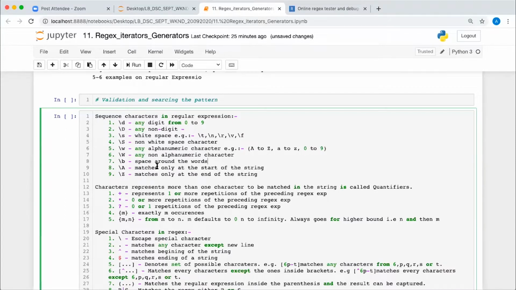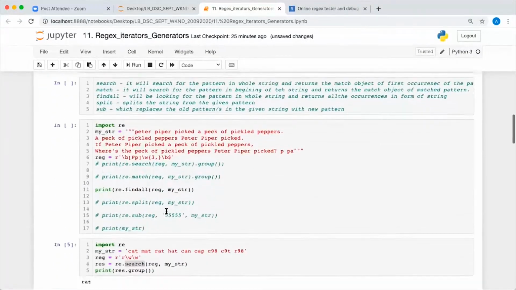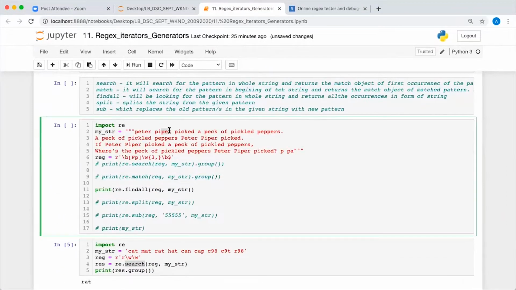Okay, I'll be showing you with this example what the use of this is. Let's say you want to match "per" somewhere. If you match for "per", it will find all the occurrences of "per", even those that are not individual words. It will take matches from in between words also. But you don't want to match these; you want to match only individual words. Individual words have spaces around them, like here, you have a space in the beginning and a space at the end, right?